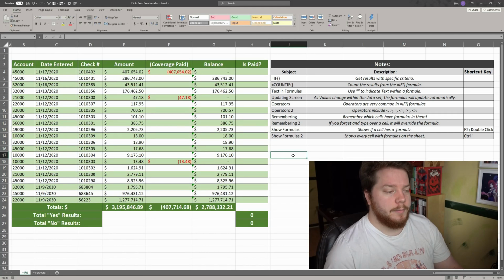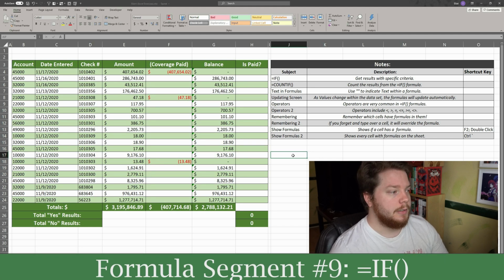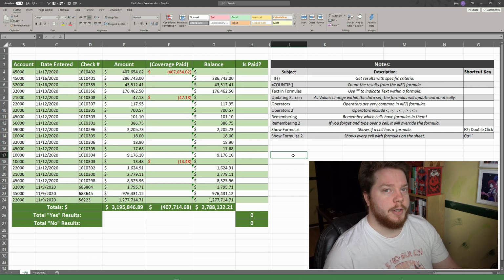Hey guys, welcome back. This is Eliot's Excel exercises. Today we're talking about the IF formula. This is probably my favorite and most versatile formula out there for trying to see if anything is true or